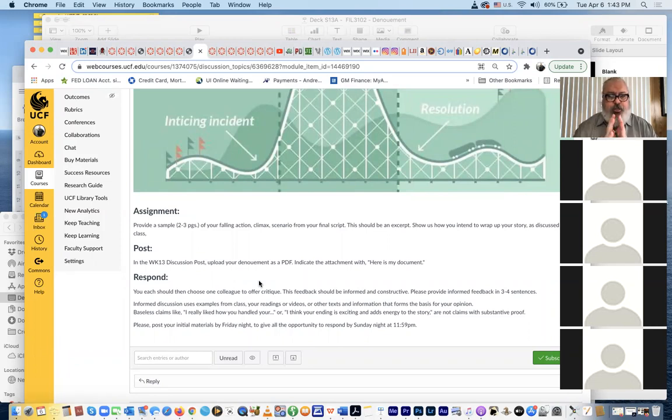It depends how you're structuring your final project. So if your final project is the remainder of your pilot script, then yes, give me the denouement of your pilot episode. If you've created a new film for your final project, which is more dramatic and theatrical than television format, give me the wrap up and resolution to your feature idea.